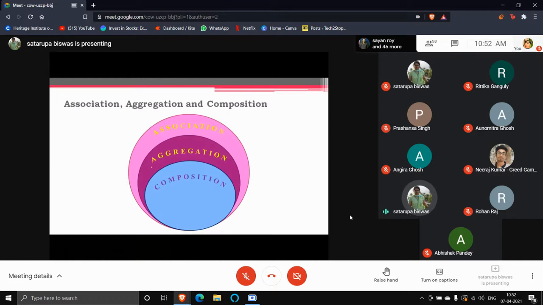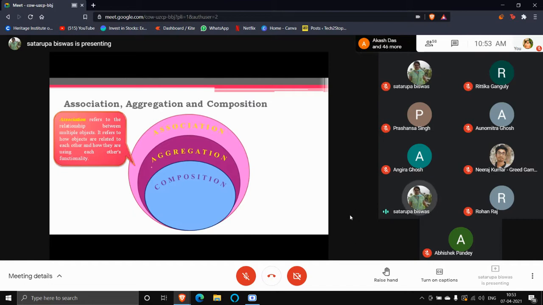Without having the pages, the book cannot exist. So this is an example of composition. Now, human being: head, hand, leg, these are the composition of the human being. A table: the tabletop, the legs of the table, these are the composition of the table. So we call them the part-of relationship.